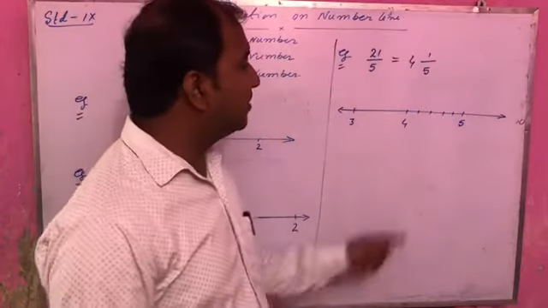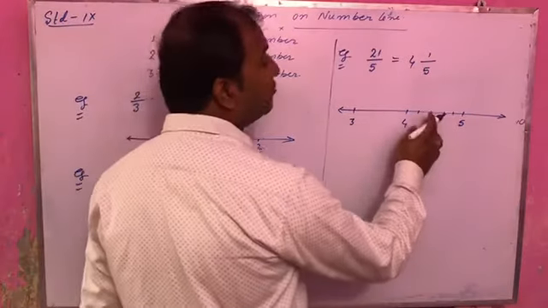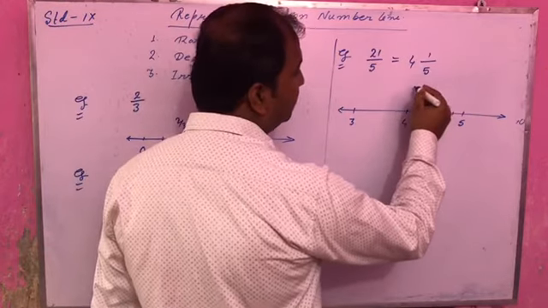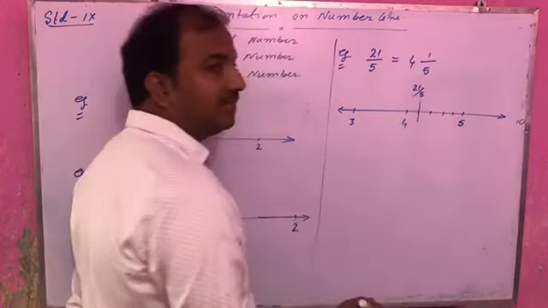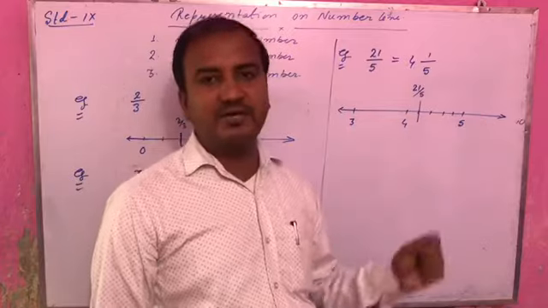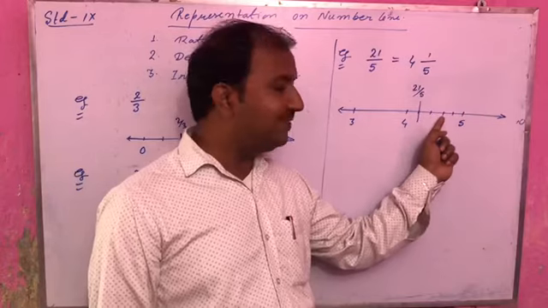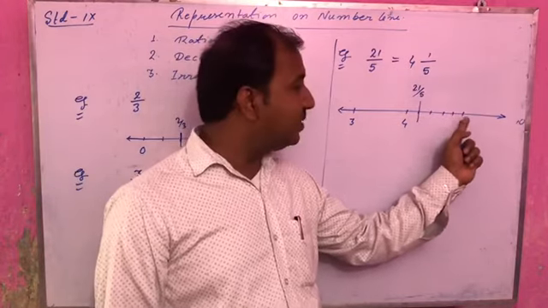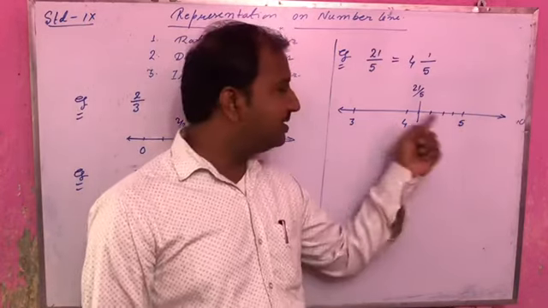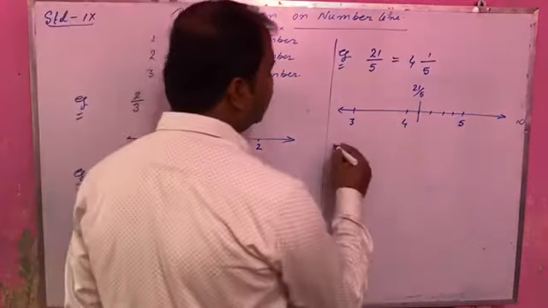Now you can see, after doing this, this will be 1 by 5. This will be 2 by 5, 3 by 5. Actually, we want 21 by 5. If you have some confusion, just continue the counting. This is 21 by 5, 22 by 5, 23 by 5, 24 by 5 and 25 by 5. 25 by 5 means what? 25 by 5 means 5. Means the representation is absolutely correct.